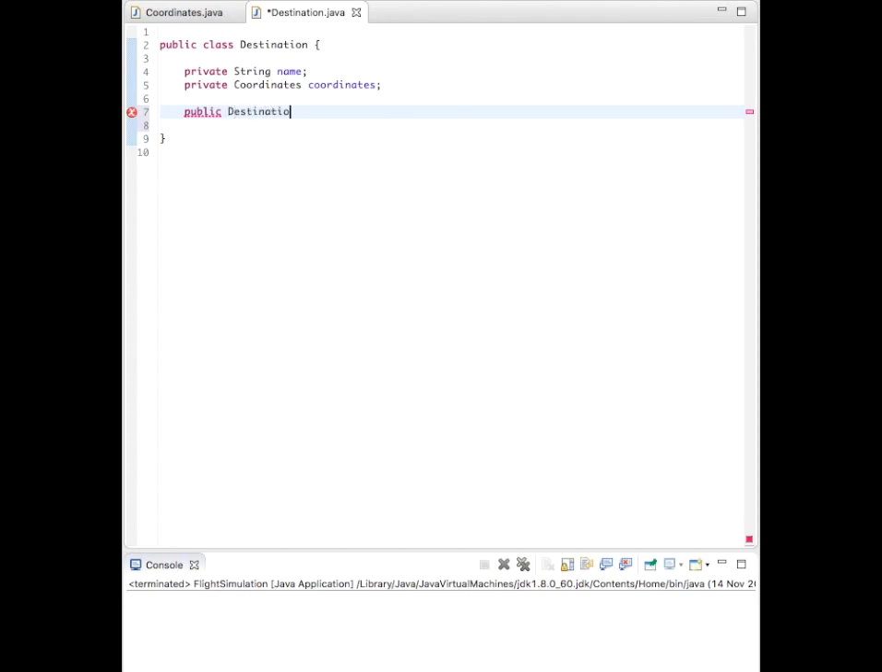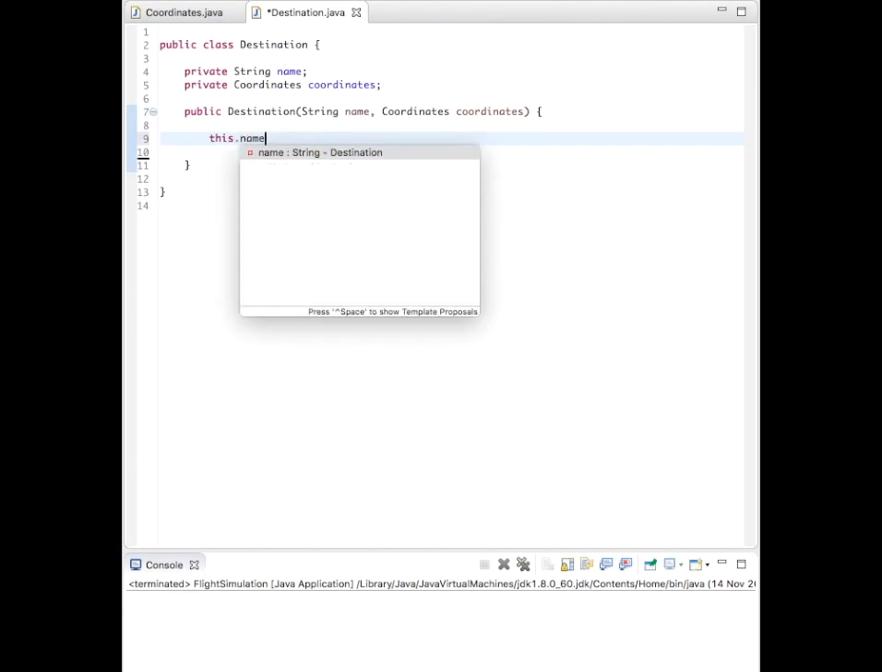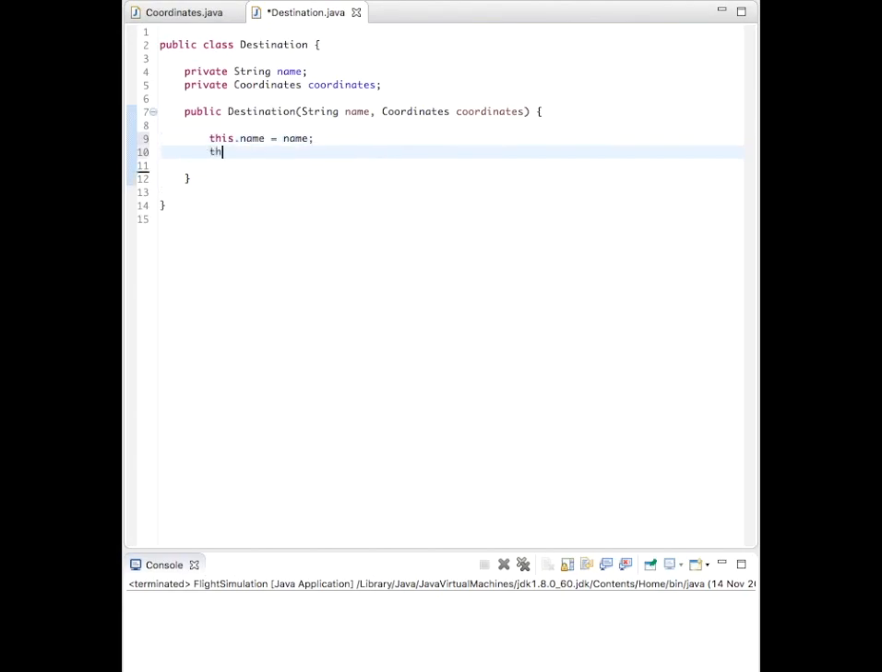So I'm going to say destination. And again, I'm going to assume that I'm going to need some kind of constructor here. At least at first, until I know any more, I'm just going to put this in there by default. Might need to take it out, might need to alter it, might need to add other constructors. But for now, I'm just going to assume that's all fine. So this.name equals name, this.coordinates equals coordinates, and then the old